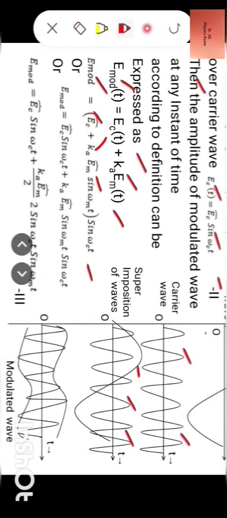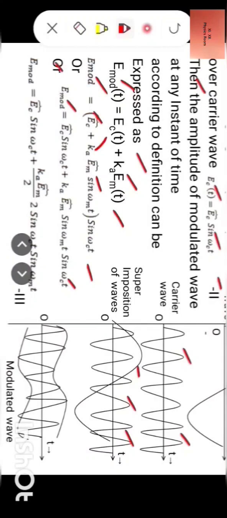So therefore we write E mod equal to (E_c max plus Ka E_m max sine omega_m t) into sine omega_c t, or E mod is equal to E_c max sine omega_c t plus Ka E_m max sine omega_m t sine omega_c t. After opening the bracket we can write it like this,